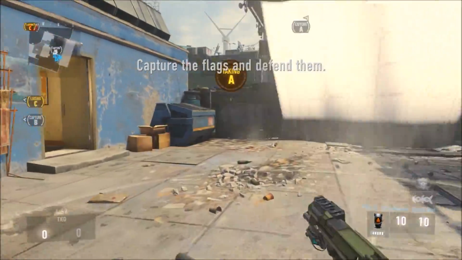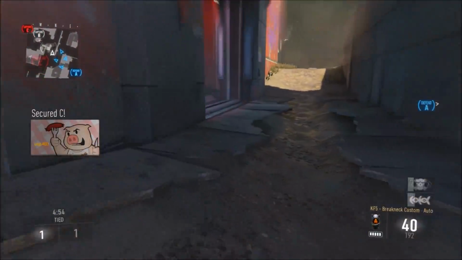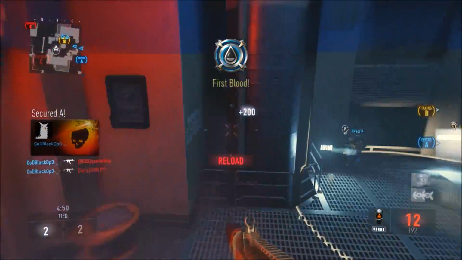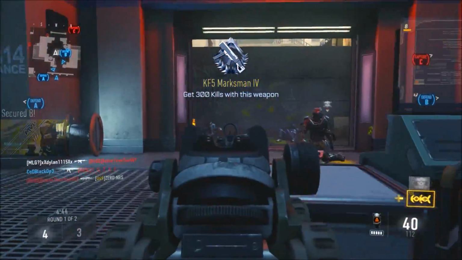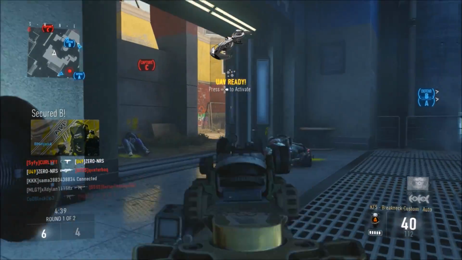So coming up the number 9 spot, it goes to the KF5 Breakneck. This is the best KF5 variant. So this has +3 in fire rate, -1 in accuracy, and that is all. So to counter the -1 in accuracy, you could just slap on a foregrip, and basically you have an all bonus weapon. This has no downside at all, or I guess I could say the only downside to this weapon